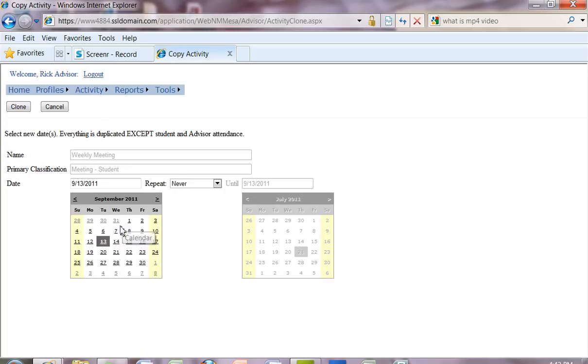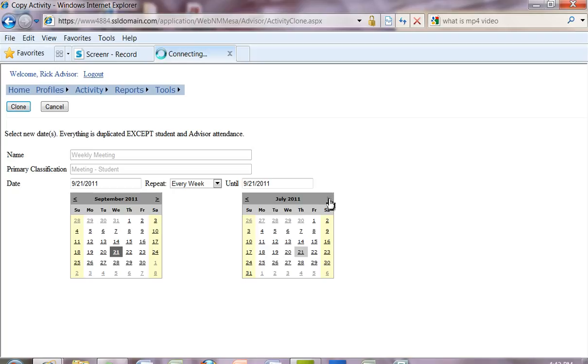What it allows you to do, and the reason I selected a weekly student meeting, it allows you to clone a meeting on a certain day over a period of time, much like you add, say, a recurring appointment on your calendar. In this case, what we're going to say is, okay, we had our meeting on the 14th. Beginning on the 21st, I want the meetings to reoccur every week,